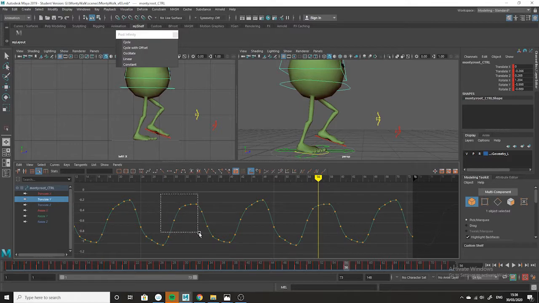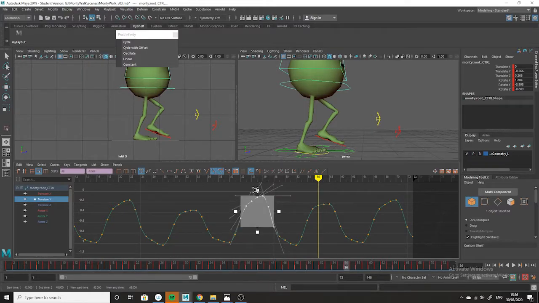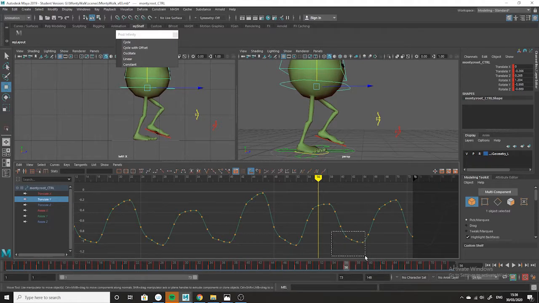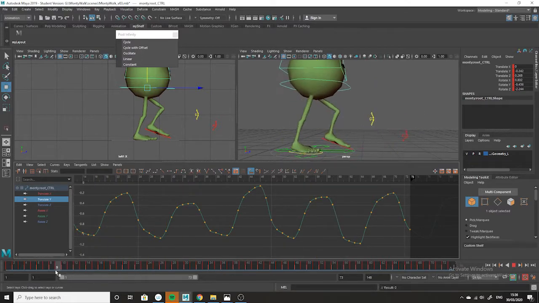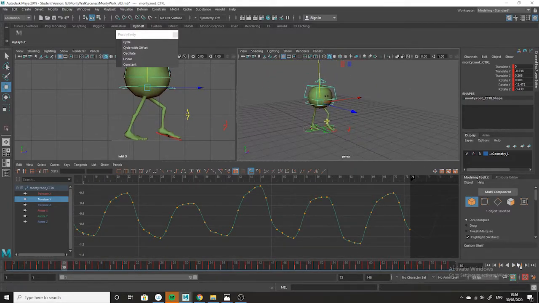I can grab hold of this, move it down a bit, grab hold of this, move it up a bit, and maybe make this a bit deeper here. I might just pull those keys down slightly. And again, I'm just holding onto that, I can drag these down. So also the curves. Basically you just end up making these subtle adjustments, and then it will just make the animation a little more